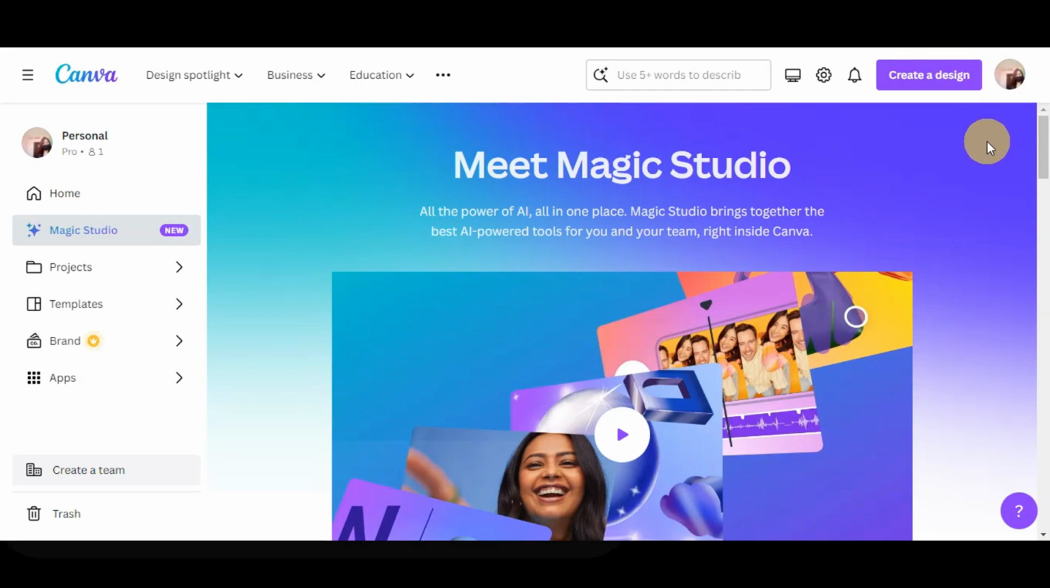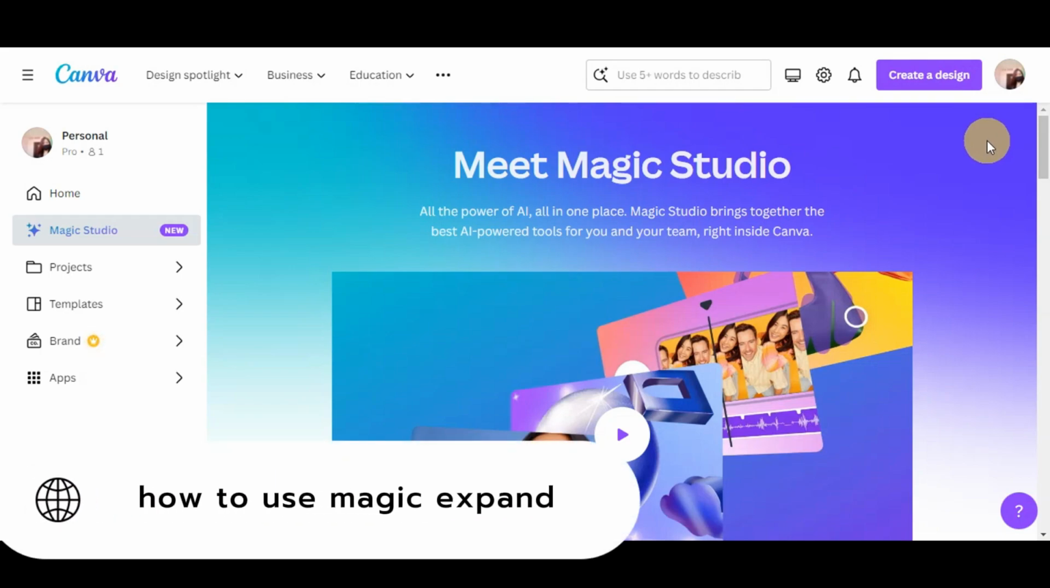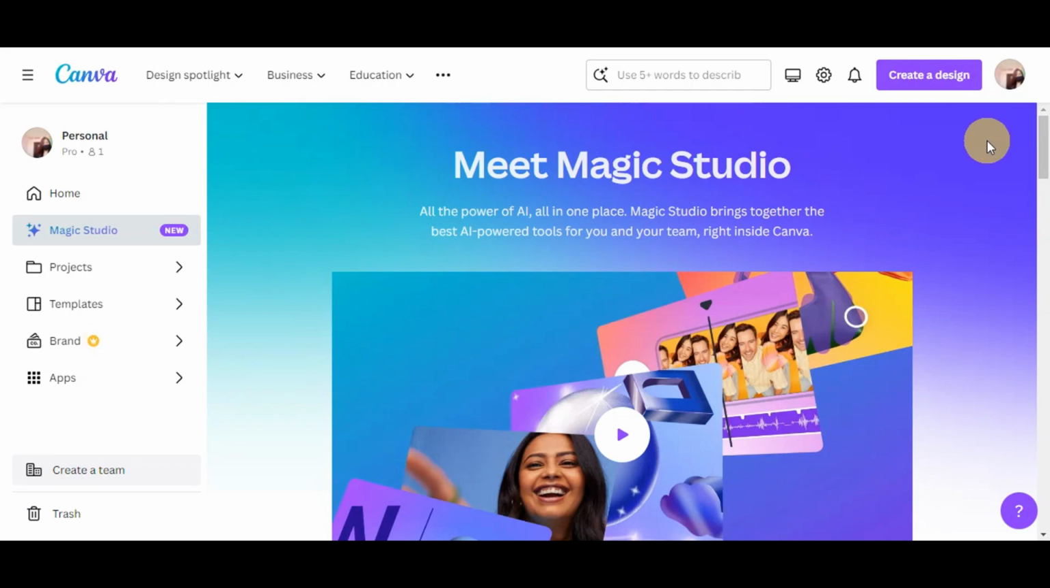So Magic Expand is actually a remarkable feature in your creative brainstorming companion. This empowers you to effortlessly expand your content by generating additional ideas and concepts. So for you to be able to get started, just simply click on create a design in here, and